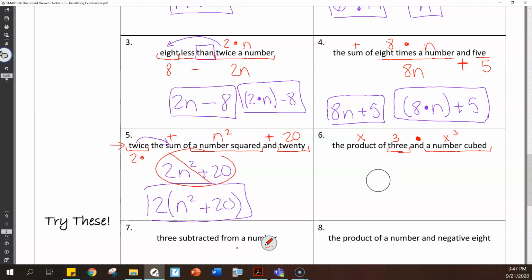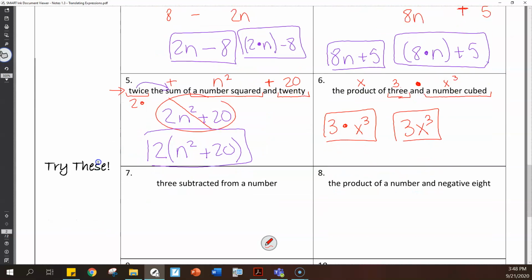So 3 times a number cubed is perfectly fine. You can do 3 times a number cubed. Remember, a number directly next to a variable tells me that I'm multiplying, so it's perfectly fine to write that as well. Okay. So I'm going to let you practice these,